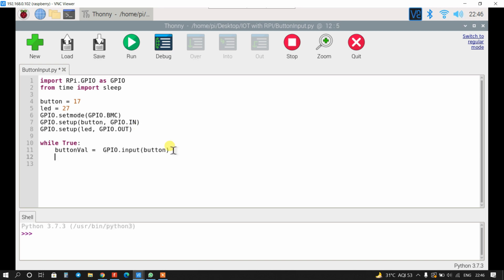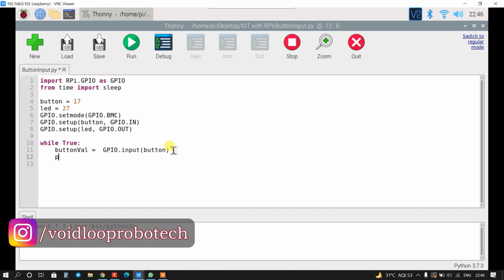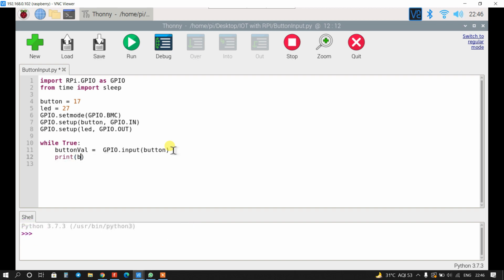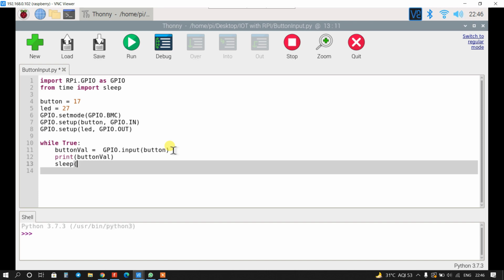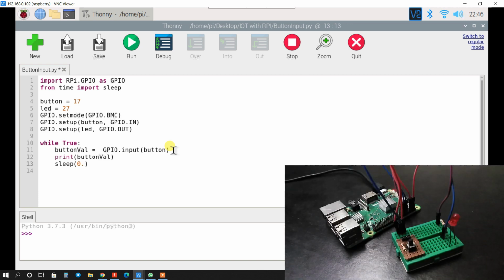Okay, now I will print its value. So print button value. Okay, and I will use a delay, sleep. It is just 0.1 second. It means 100 millisecond. Now the code is ready. I will just click on run.